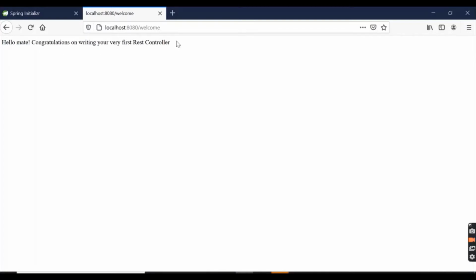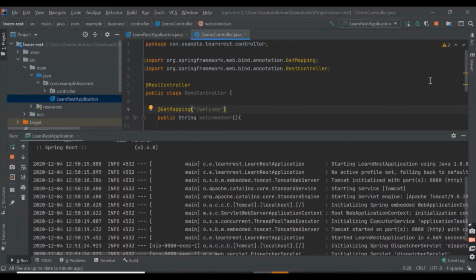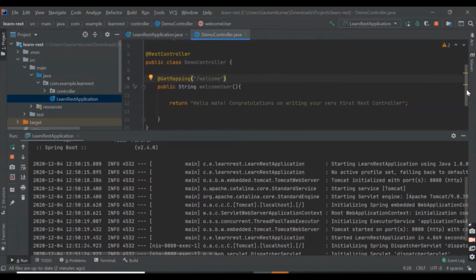The controller returns: hello mate, congratulations on writing your very first REST controller. This is the statement that we were trying to return from our controller class, and we have successfully received that. We have triggered a get HTTP method request via the REST API, and we were successfully able to fetch the response from the method.